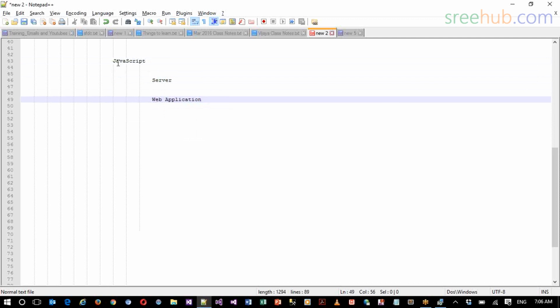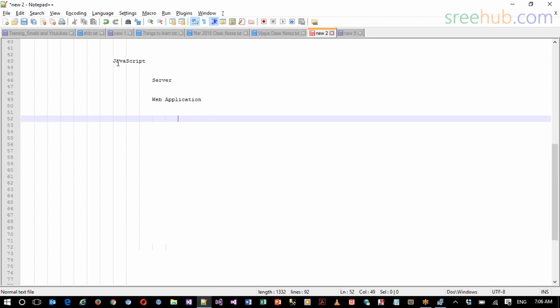Whenever we deploy it in the server, it generates a page which is rendered as HTML, which is basically a static HTML page. When we say static HTML page, it means no action will be taken on top of this page. So as soon as the page is rendered on a browser, no action is generated,